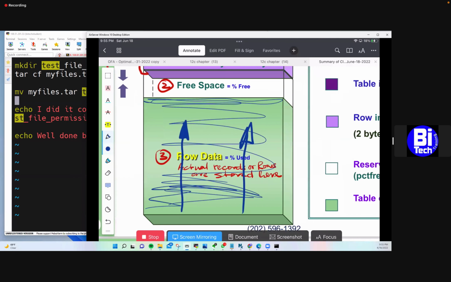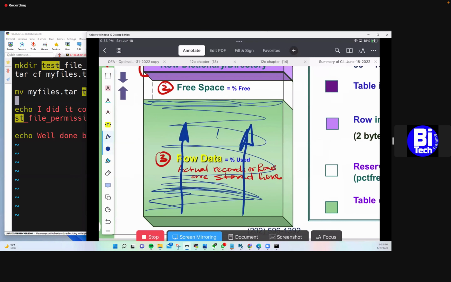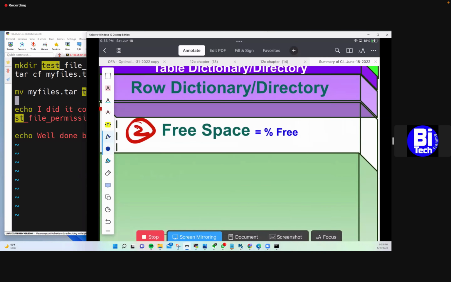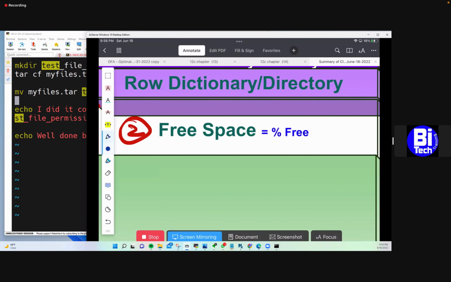It fills from the bottom and comes up until it hits the top. It's full. It cannot go any further. Cool. But when it gets full, Oracle starts putting data in the next available block. And this free space stands empty, ready to be used